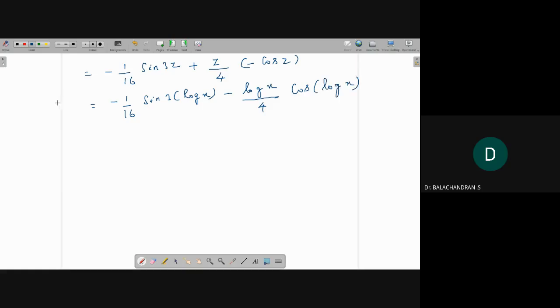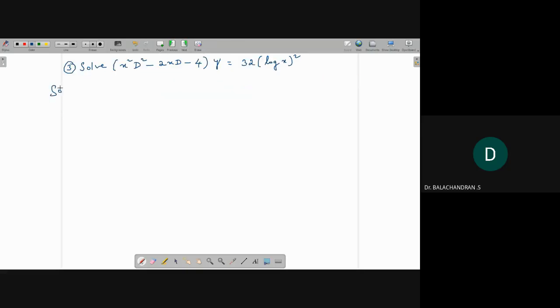So this is pi, y equal to complementary function plus particular integral. The third problem: solve (x square d square minus 2xd minus 4) y equal to 32 (log x) whole square. So now,